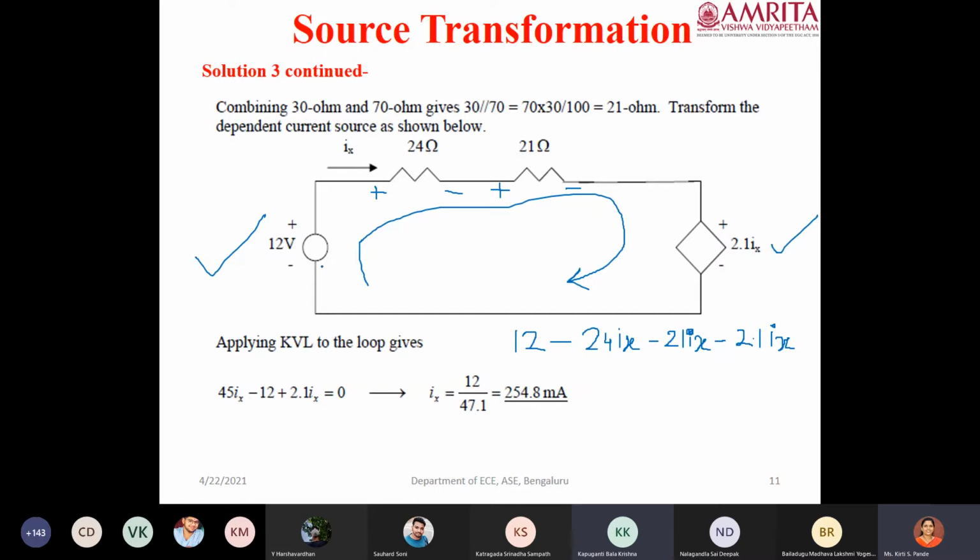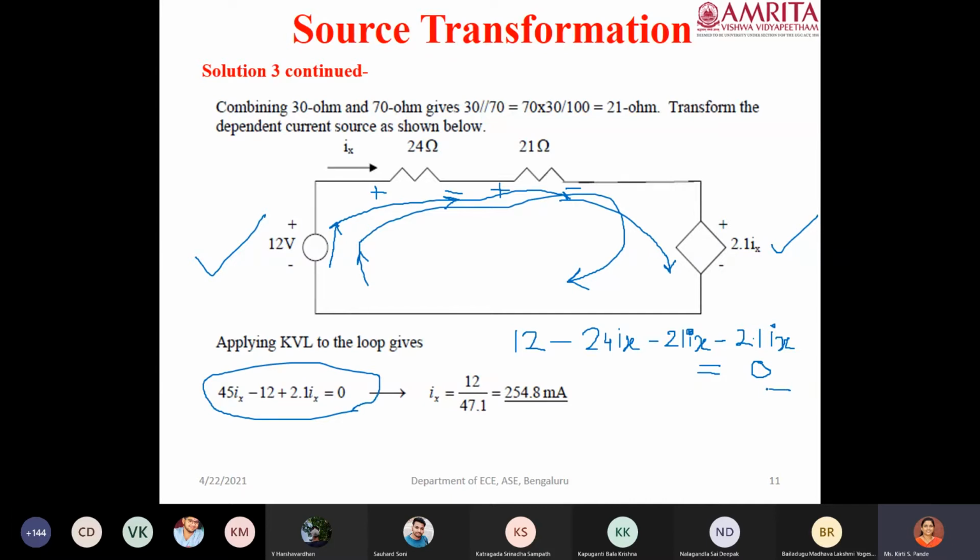So I have started my journey in this path. Obviously my reaching terminal from here to here is positive. Then for this element the reaching terminal is negative, for this element also negative, and for this element also negative. So this is equal to 0. If somebody had taken the starting terminal, then the equation turns out to be this. But both ways you will get the same answer. The only thing is don't mix up both conventions.